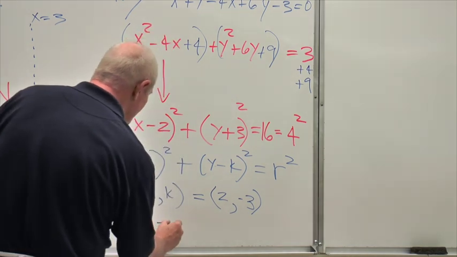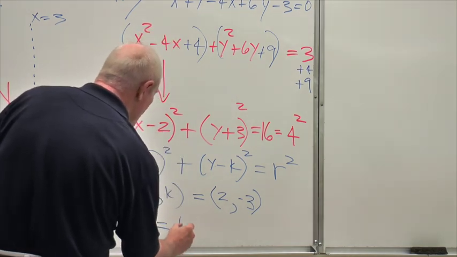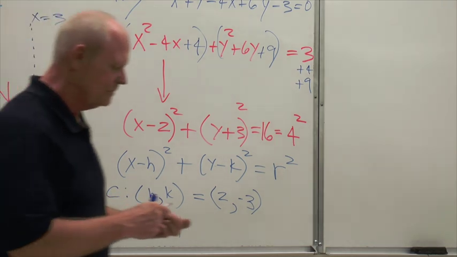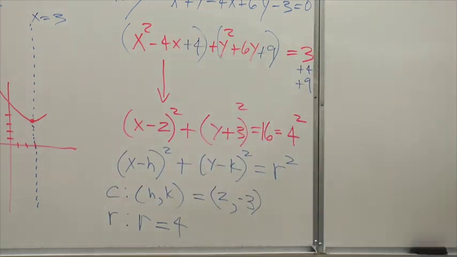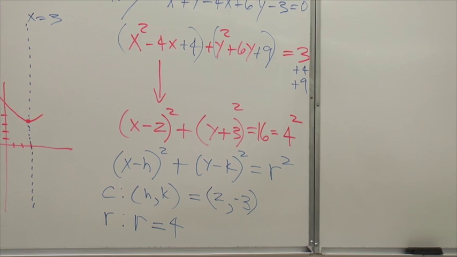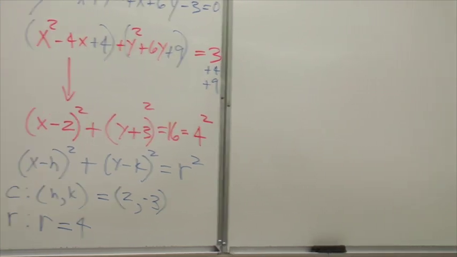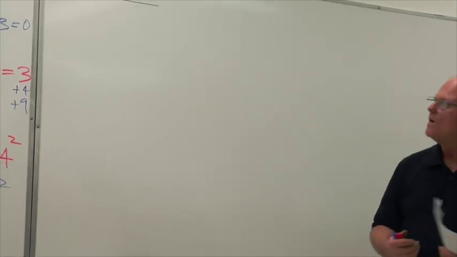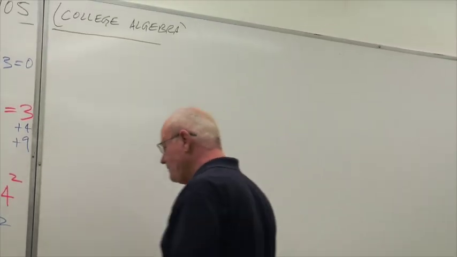And r is what? 4. Good. So you could graph that if you wanted to, right? Okay. Good. Okay, very good. I think that's what they were asking for, right? Yeah. Okay, so 2, negative 3, r equals 4, answer A. Okay? Now,